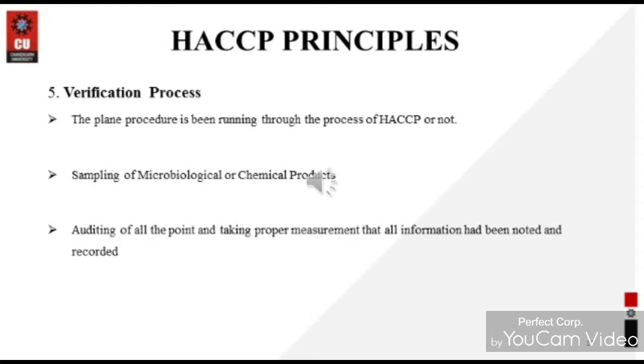Now the third one is auditing of all the points and taking proper measurements so that all the information has been